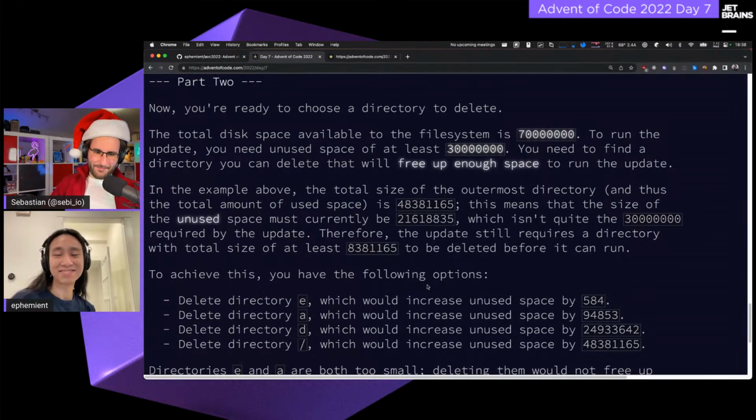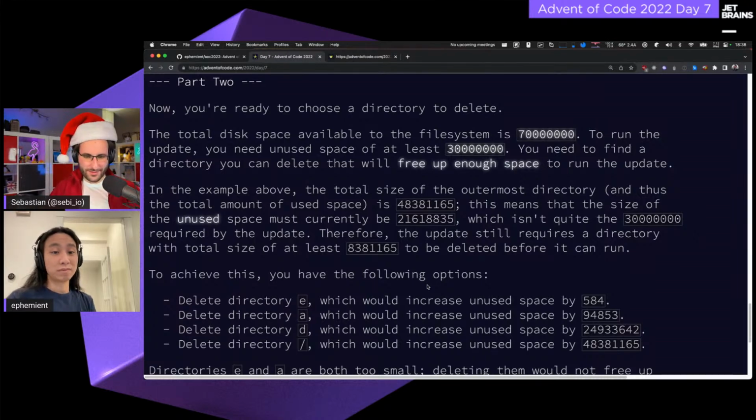All right, part 2. Now you're ready to choose a directory to delete. The total disk space available on the file system is 70 million. To run the update, you need unused space of at least 30 million. You need to find a directory you can delete that will free up enough space to run the update. In the example above, the total size of the outermost directory, and thus the total amount of used space, is 48,381,165.